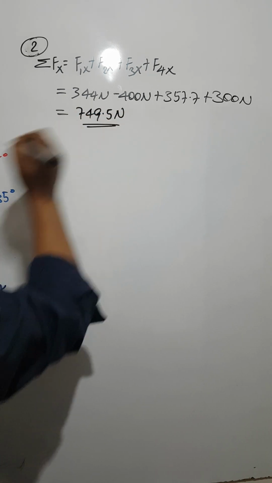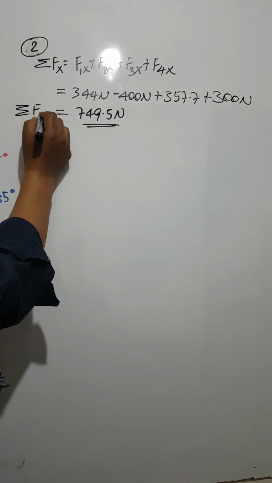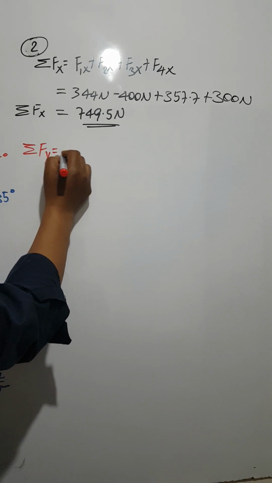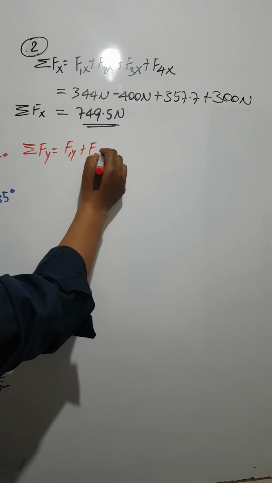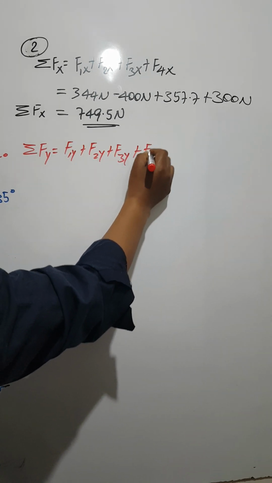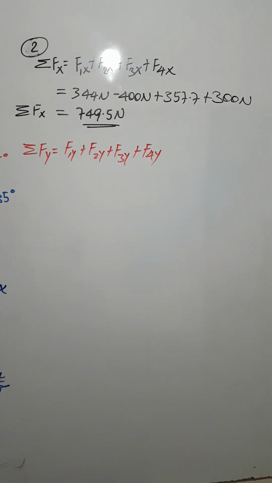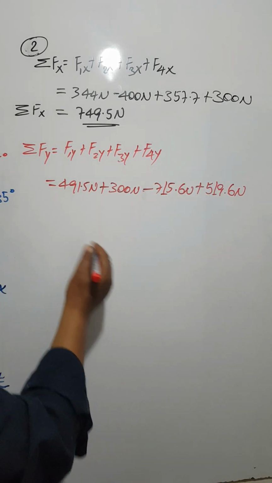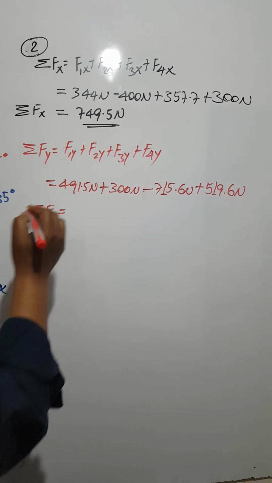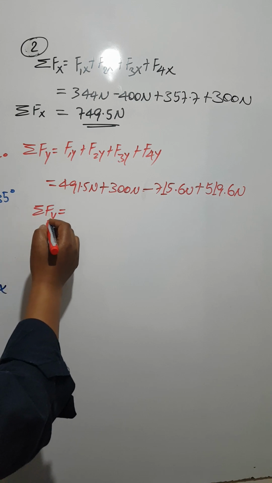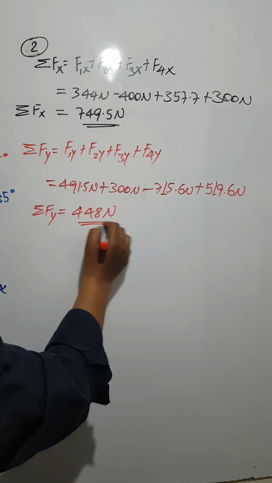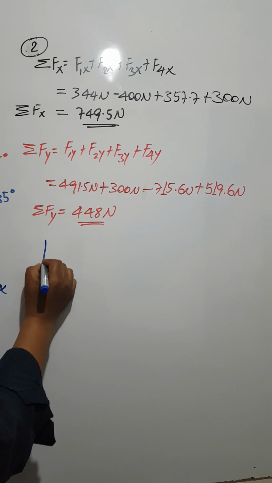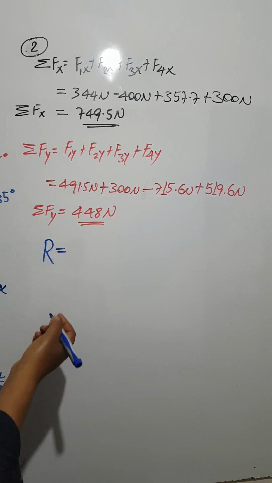749.5 newton to the positive x axis ይመጣል this is summation of force along x ቀጣዩ summation of force along y is equal to እንደተለመደው f1y plus f2y plus f3y plus f4y okay so እነዚህን ፎርሶች መደመር ነው okay ይሄም ሲደመር summation of force along y is equal to 448 ኒውተን ይሄ መጣ ስለዚህ ሪዛልታንታችን ነው ፈልጉ የተባለው the resultant is equal to summation of force along x plus